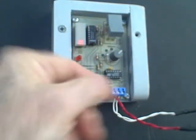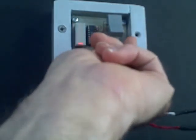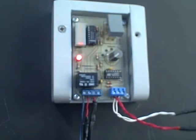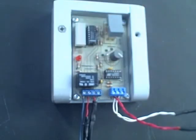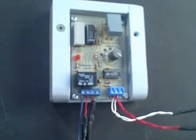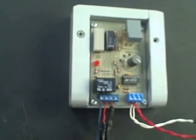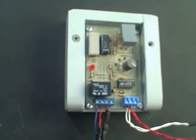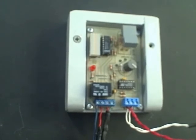So remember, the differential pot adjustment, if we turn it this way, will maximize the heat harvest. The pump comes on already. If we turn it this way, we maximize energy conservation. In other words, the pump will only come on when the temperature of the collector is very high. So we'll collect a lot of heat for a short period of time, and we'll conserve energy at the same time. Anyway, that's the basic idea of the differential thermostat